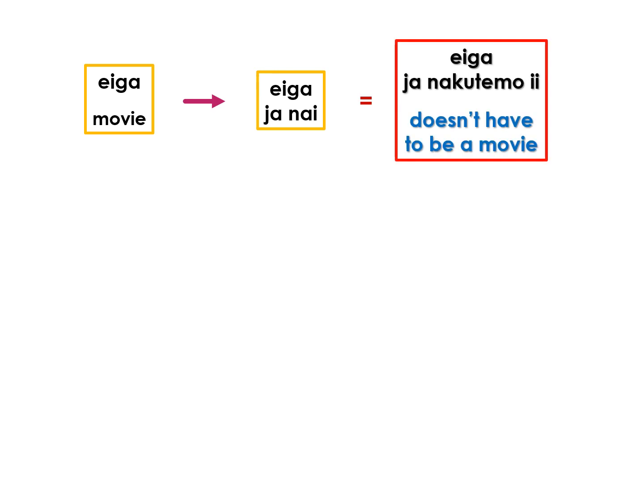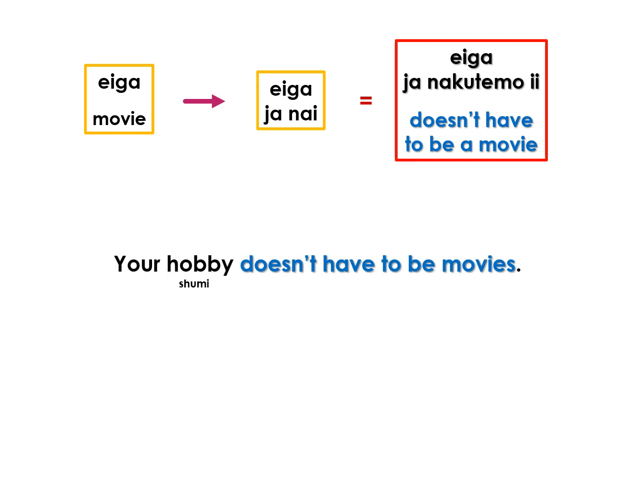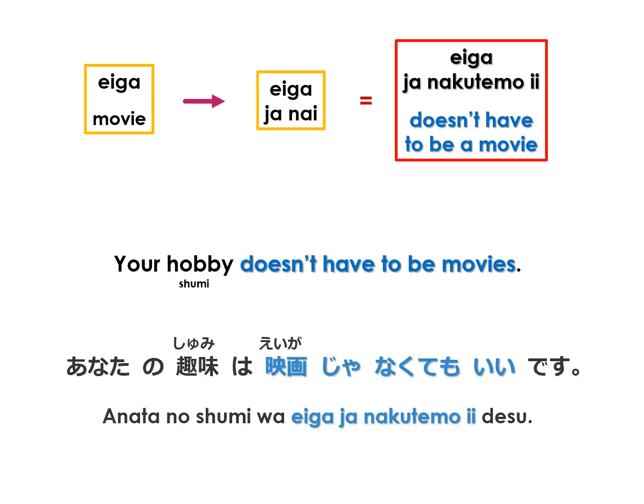Eiga means movie. Nai form is eiga janai or eiga dewanai. Transforming, we form eiga janakutemo ii or eiga dewanakutemo ii, which means doesn't have to be a movie. Your hobby doesn't have to be movies. In Japanese, あなたの趣味は映画じゃなくてもいいです or あなたの趣味は映画ではなくてもいいです。Kodomo means child. Negating forms 子供じゃない